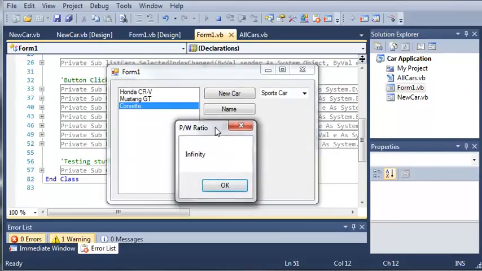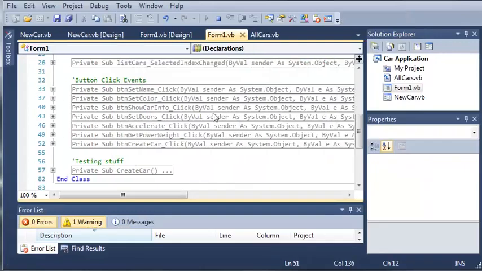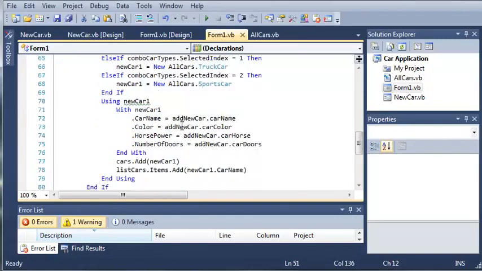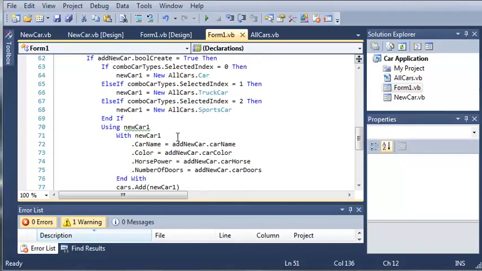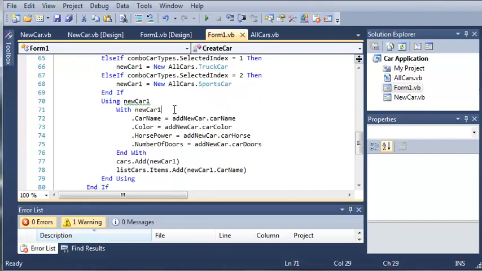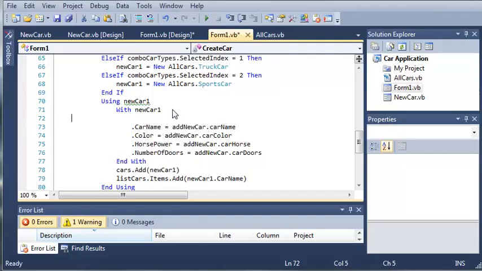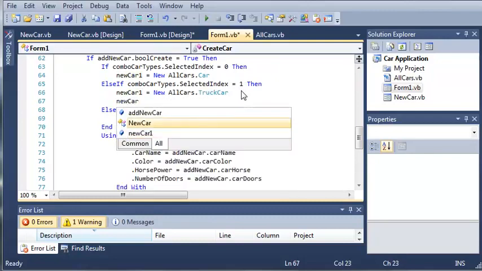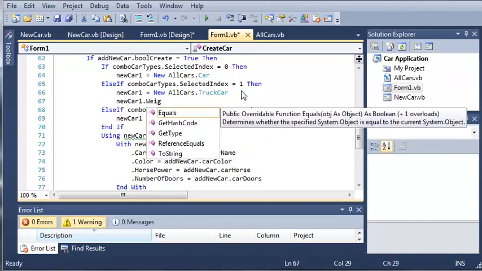We can get the power to weight ratio, and it says infinity. And that is because we didn't set the weight of the car. So let's just go ahead and add a default right here. So we'll set the value of the weight to 1000. So we'll come up here to truck car and new car 1 dot weight, or let's see,